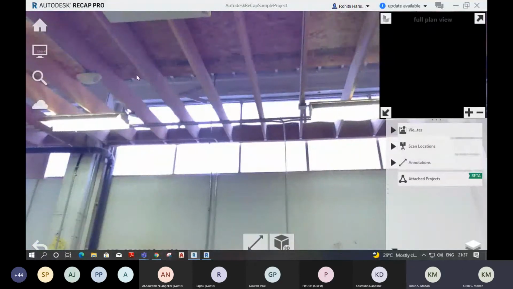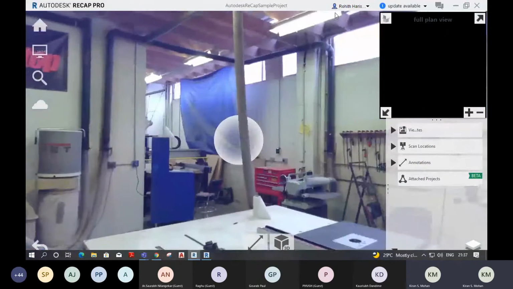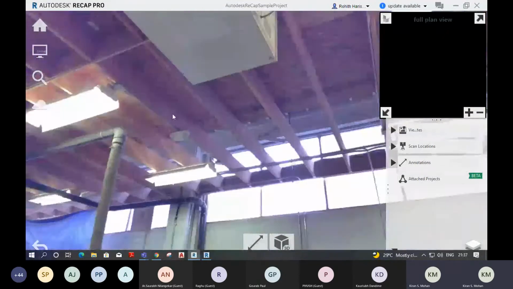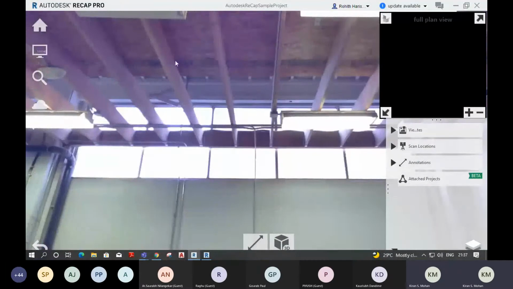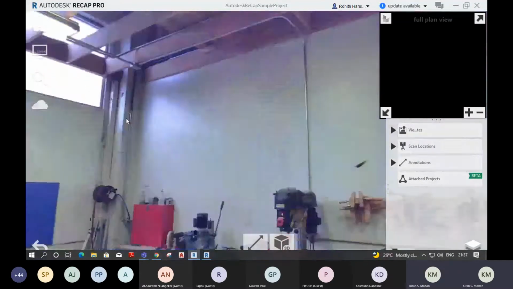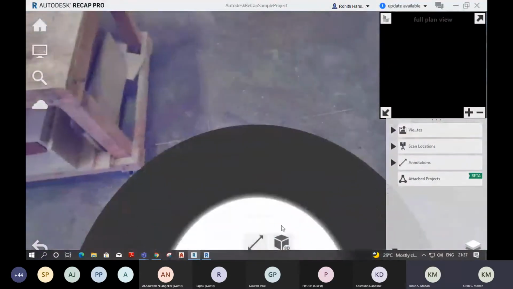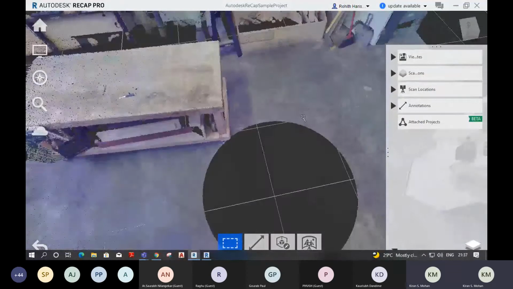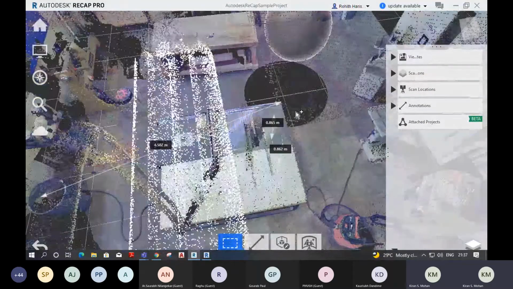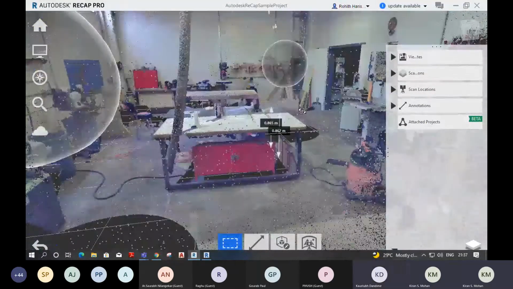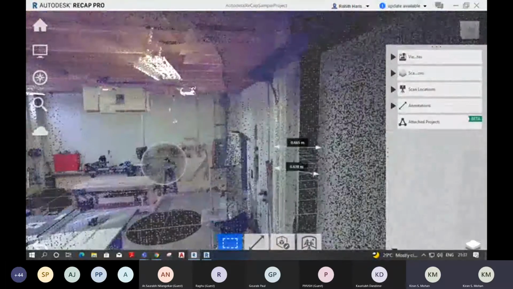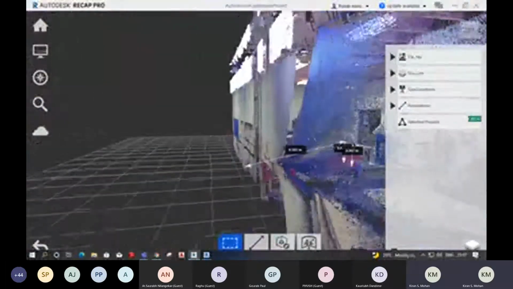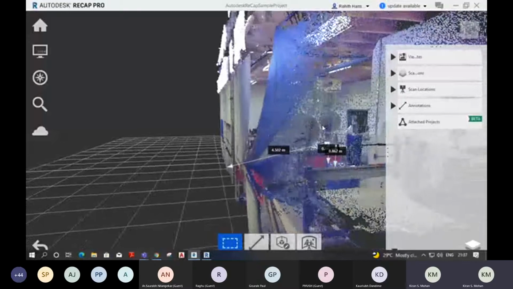Here, in the middle of both scanner locations, you can see 5 to 6 joists in between these two spheres. That means those joists, 1, 2, 3, 4, 5, 6. For these, both sides are recorded by these two scan locations during the capturing time.